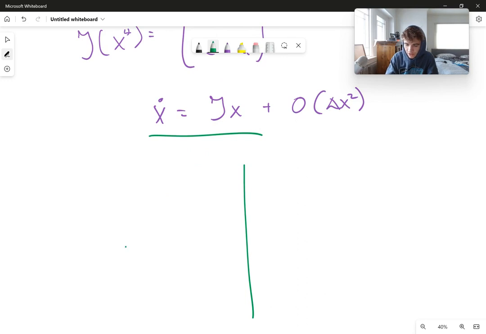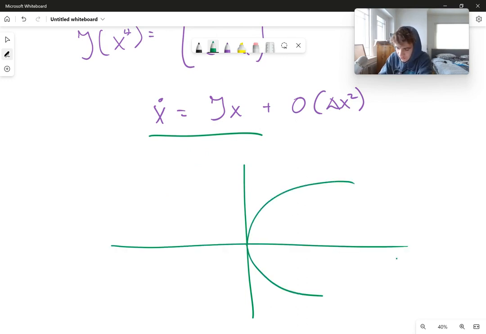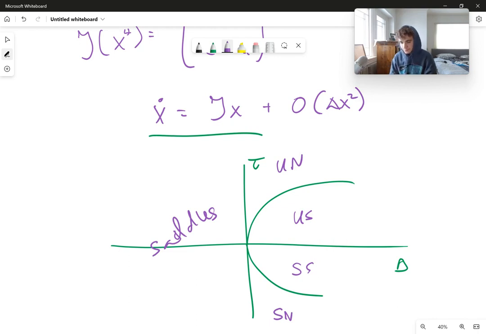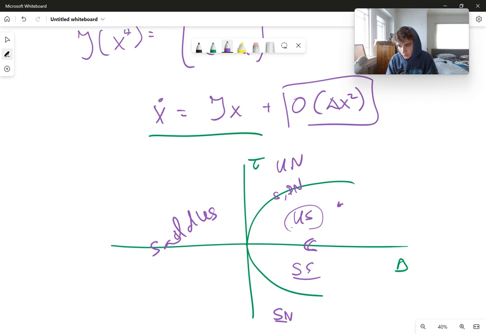Remember, for our linear systems, if we draw a graph of the determinant versus the trace, like I did in the last lecture, here we have saddles, and then we have unstable spirals, unstable nodes, stable spirals, and stable nodes here. On this line we have centers, and on this line we have stars and degenerate nodes. Essentially, the higher order terms are going to cause slight deviations, but if you have one of these broad cases like the unstable nodes or spirals, a stable spiral, stable node, or a saddle, then notice that these regions